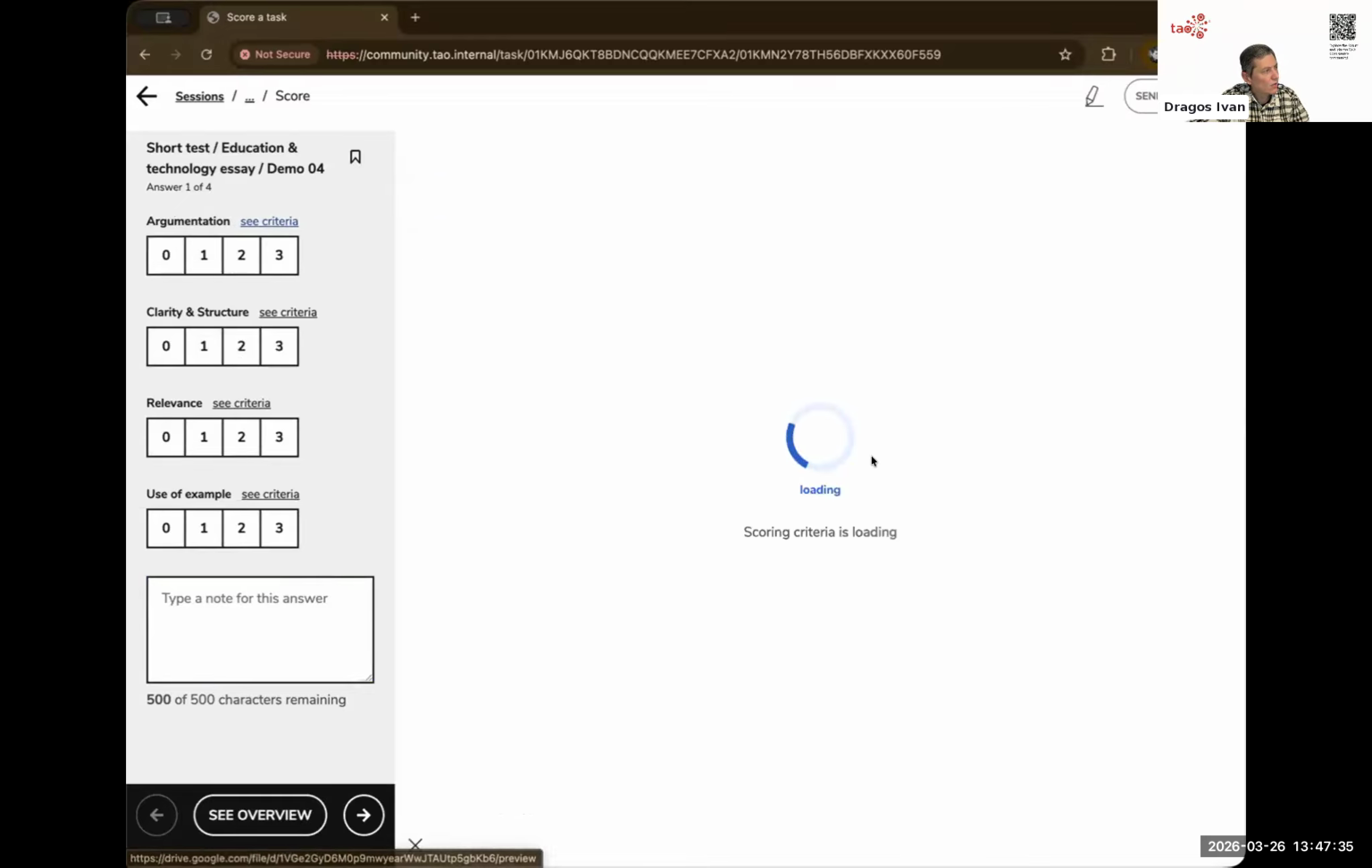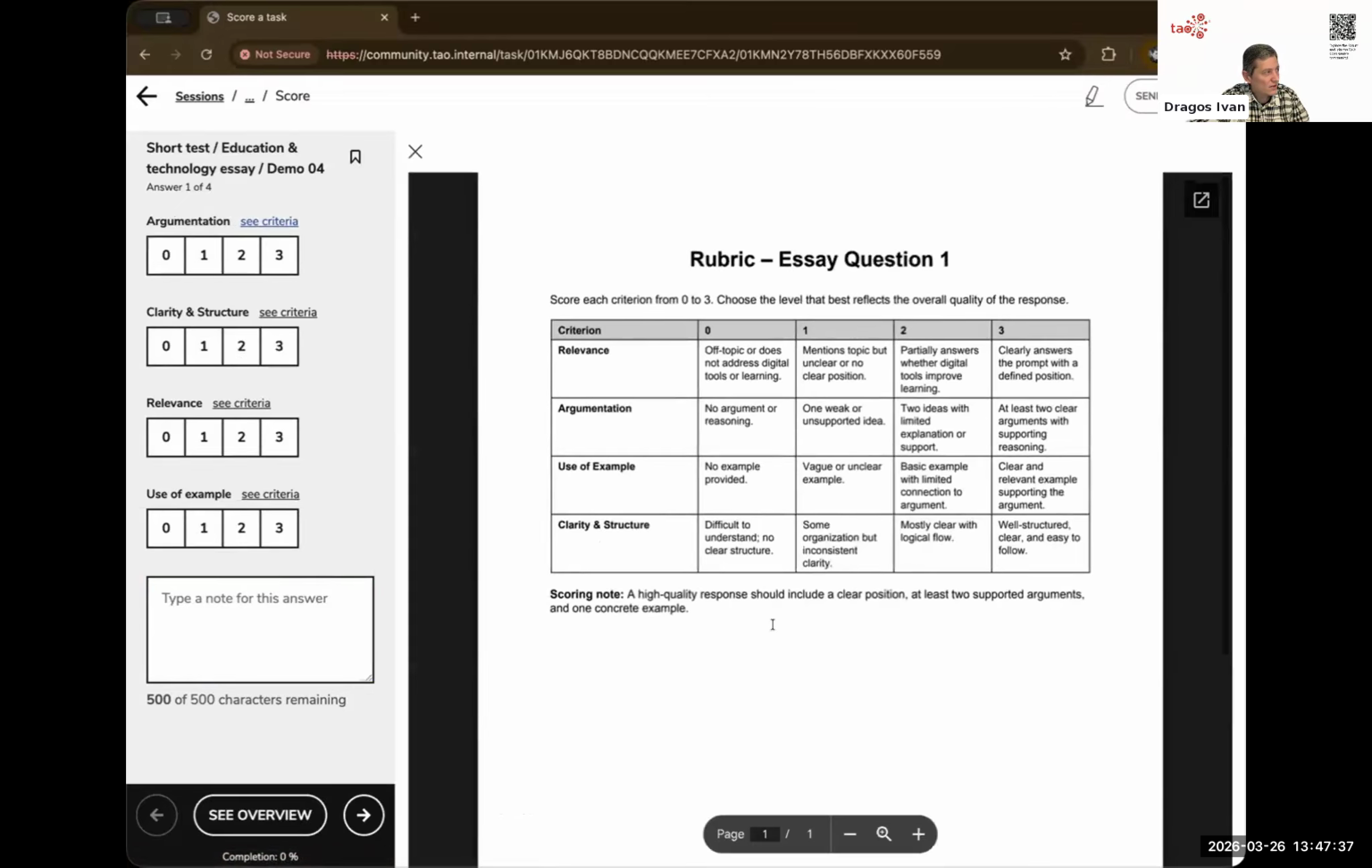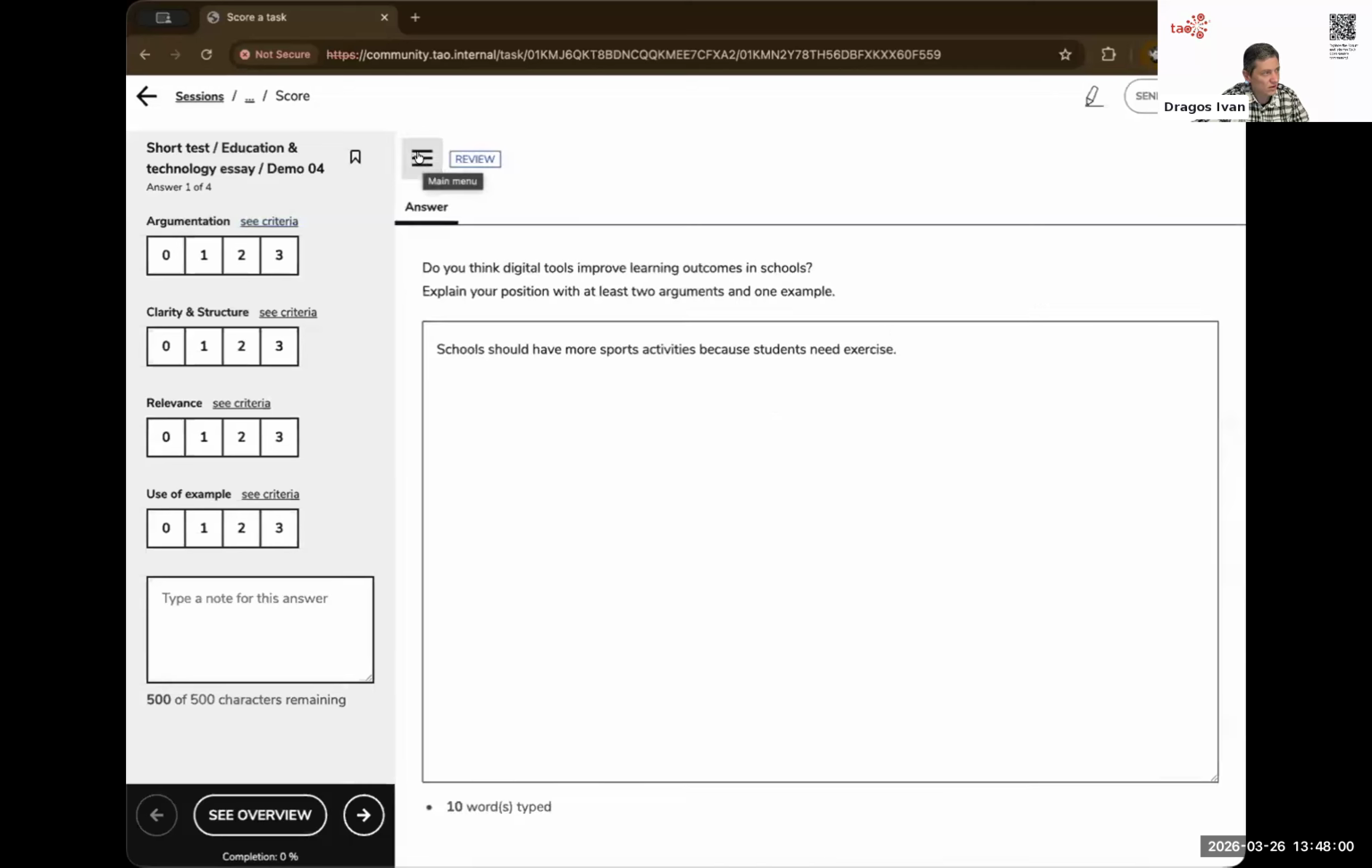If I click on one of them, what you will see is that in this case there is a PDF with a table that describes how the scorer should score on those different traits in order to give 0 points or 1 point or 2 points or 3 points. So this is the help provided to the scorers in order to help them to properly score the test. And now let's give some